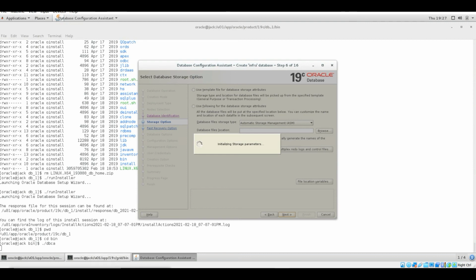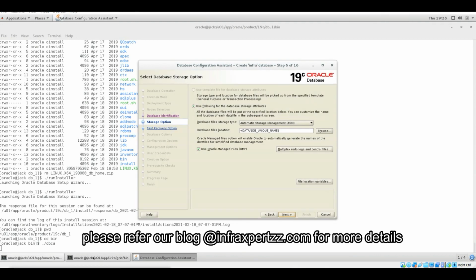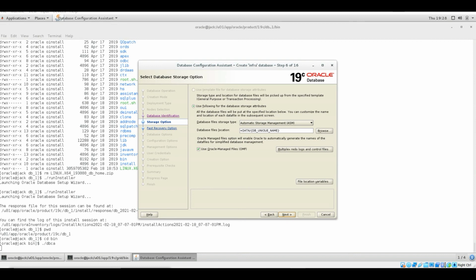In here, I will be needing the FRA and data disk group, which we need to select. So I'll be using Automatic Storage Management with data file location in plus data, and I'll be using OMF.